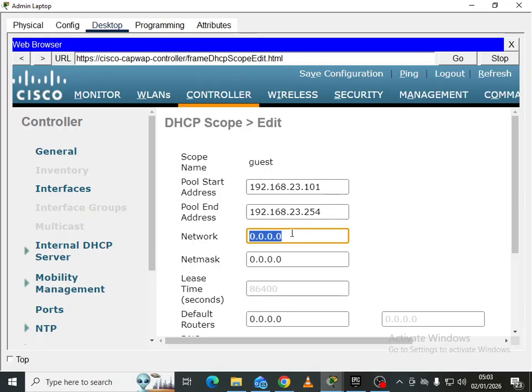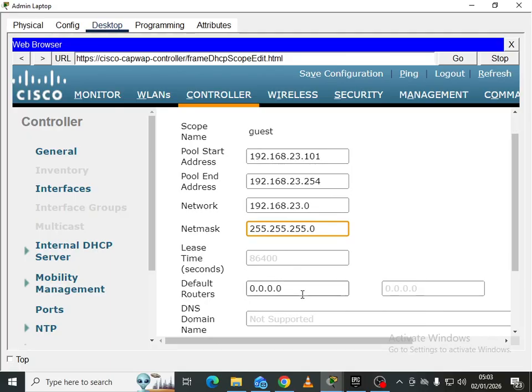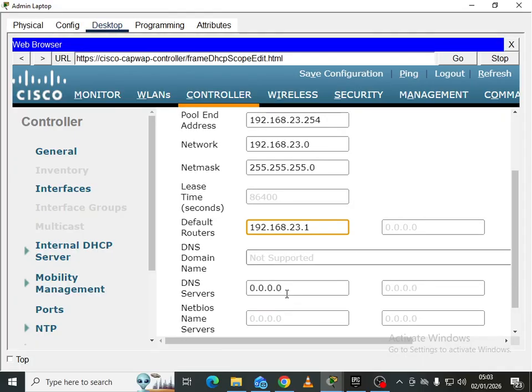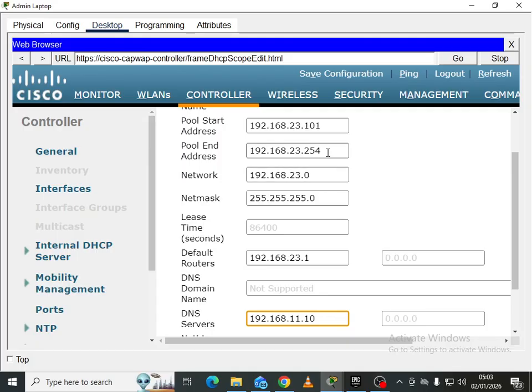And then here we'll say 192.168.23.0, and then our subnet mask will be /24. Okay, and our default router is 192.168.23.1, and we still give it the same DNS server. Okay, 11.10. So I don't know if you know why we're giving it 254, because